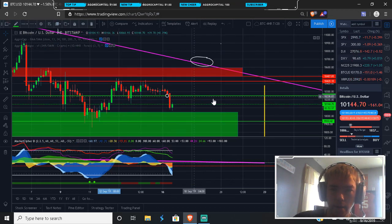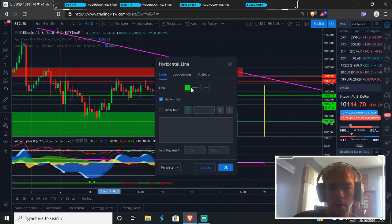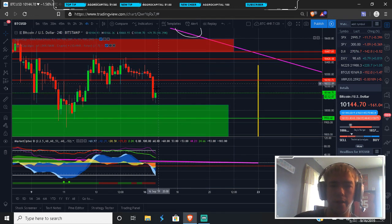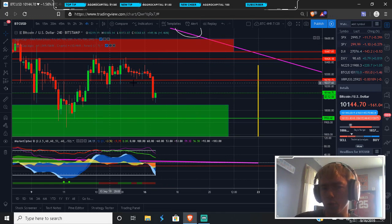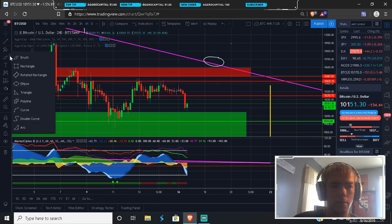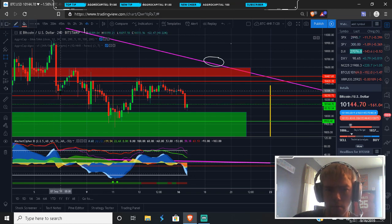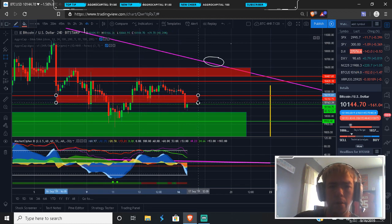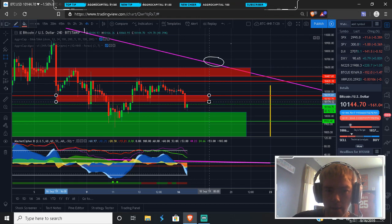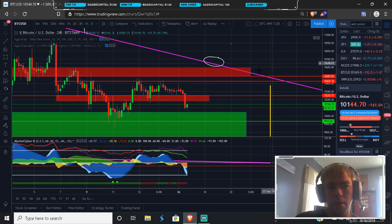The reason being is, if Bitcoin does want to turn bearish again, I'm going to be looking to open up a short somewhere around 10,200, 10,250. Basically our old support that we've just been talking about for a few days here. Let's get our box up here. We want to put this bottom at 10,200. So it's really from about 10,180 to about 10,250 is where I'm going to be looking to possibly enter a